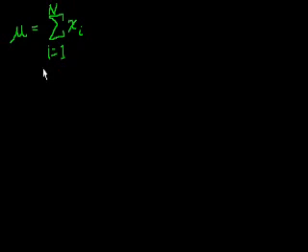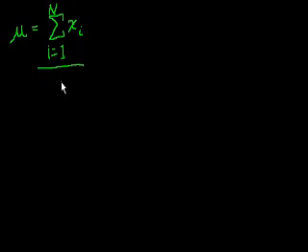The mean of a population, once again, that's mu. The mean of a population is equal to, you take the sum of each of the data points. So you take the sum, that's what the big sigma is for, of each of the data points, x sub i. I had written x sub n before, and if you review that last video, you can see why it might be a little confusing. You start with the first data point, so i is equal to 1, and you take the sum all the way to the nth data point, where we have a big capital N, where N is the total number of elements in the population,